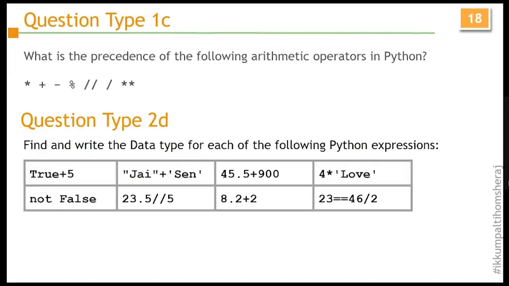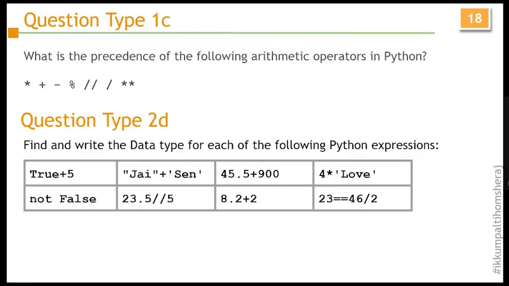So when we evaluate these kinds of expressions, what data type will the result have? That is what we need to find out. It always turns into the higher data type. If I say True plus 5, 5 is integer, True is Boolean. When they are added together, it produces an integer. So the final result will be 6, which is integer type data. So we have to specify the data type as int.